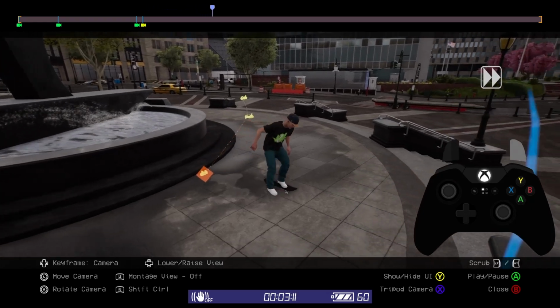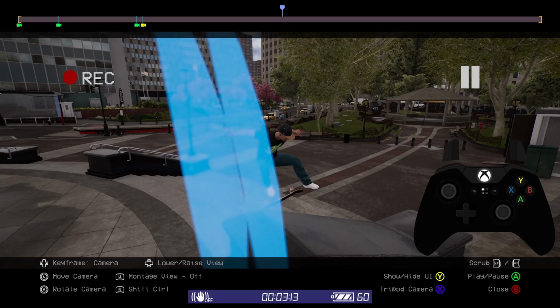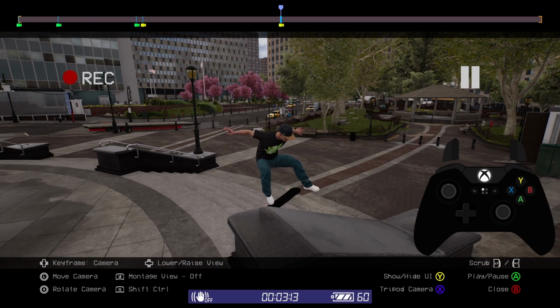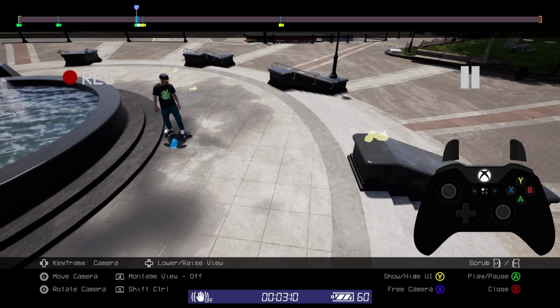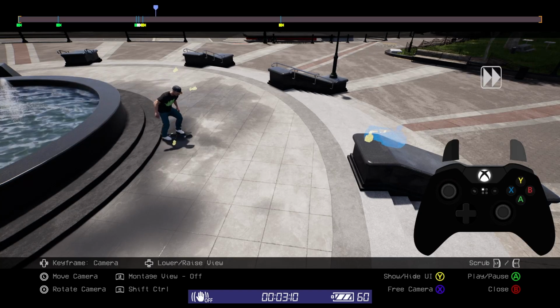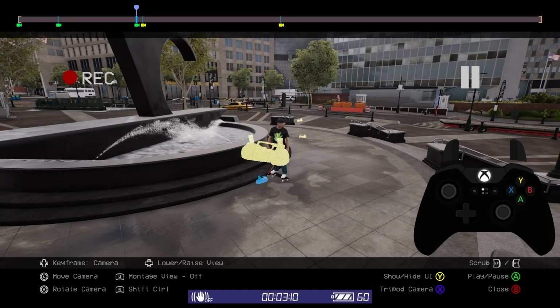After scrubbing the duration of the panning shot, I'll position the camera how I want it and then I'll add the second keyframe. However, if we play it back as it is, the camera will drift from the feet into the position where the tripod is. This isn't the effect I'm looking for. What I want to do is snap straight to the tripod. To do this, we need to use a constant key.